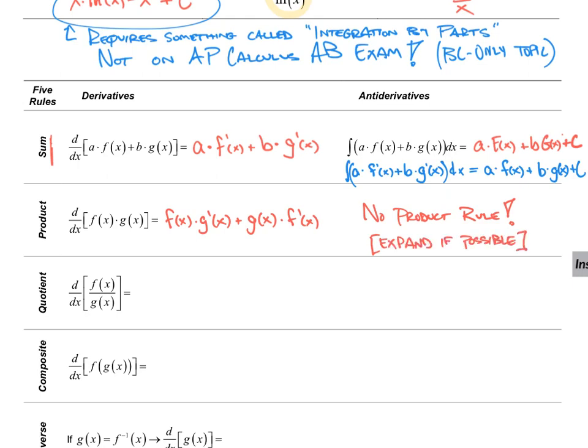All right, how about quotients? Well, we do have a quotient rule for derivatives. It looks like this: low d high minus high d low, all divided by low squared. There is no quotient rule for antiderivatives,